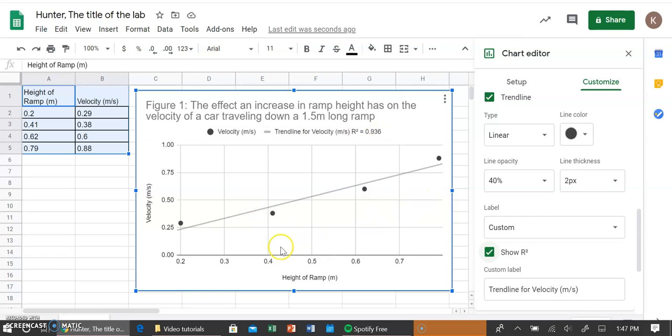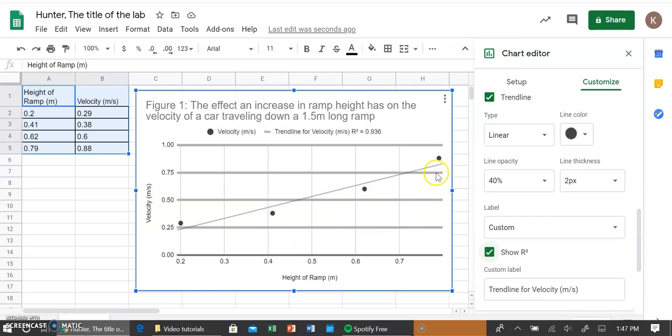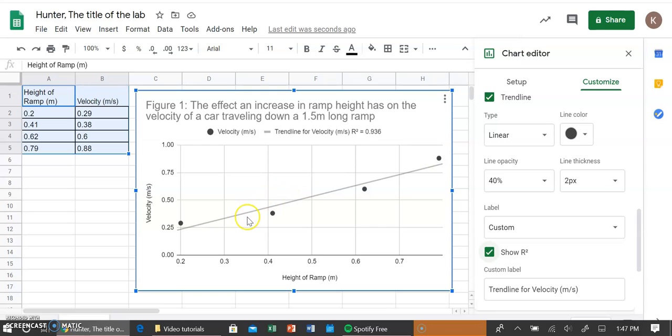So this has a weak correlation, and you might be able to identify some of the data points that are the outliers that are making this a weak correlation. Maybe there's just one data point, or maybe there's two data points that are pulling this away from being a stronger correlation between how the height of the ramp is increasing and the velocity is changing